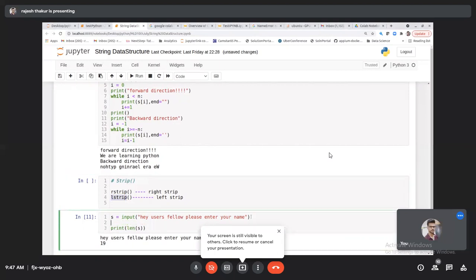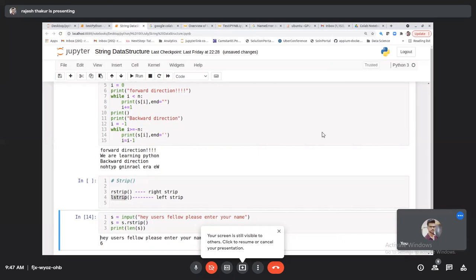So here, what I'm trying to do, s is equal to s dot rstrip, ठीक है, right side. Okay, so now I will pass Rajesh and I am putting multiple spaces. Now if I check this, can you see this 6? But if I'm not using this, and I'm pasting Rajesh with spaces, it is showing 14, which is not correct. But if I'm using rstrip, it is removing spaces from the right side of the string. Are you able to see?